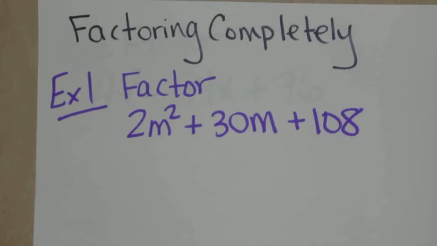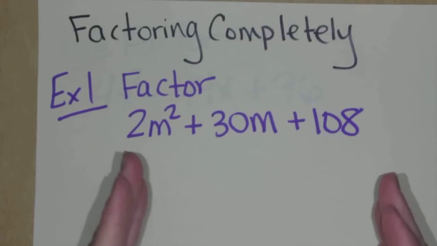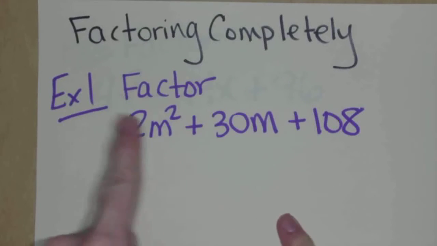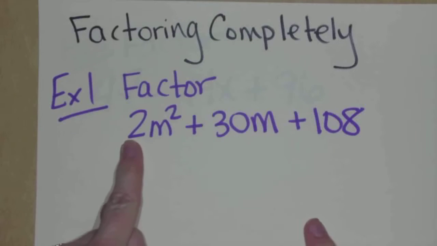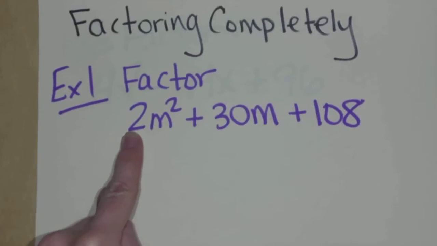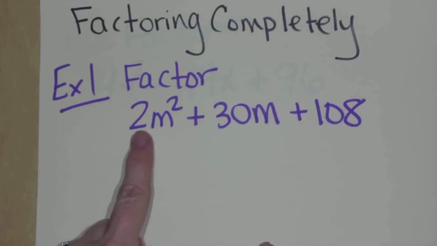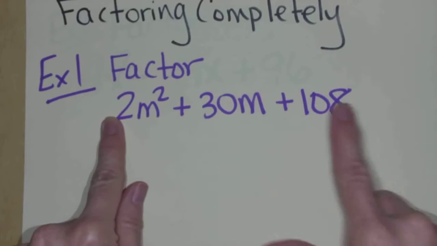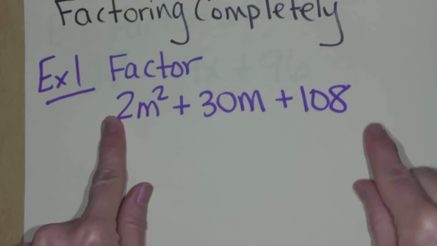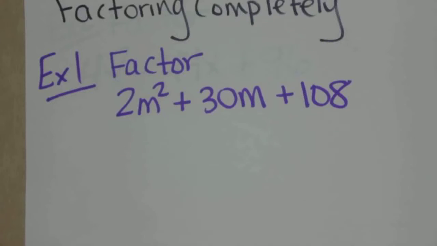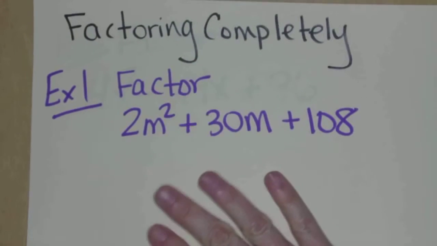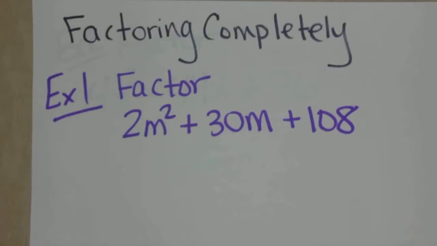So at first glance, this appears to be factoring a trinomial, 3 terms, where the leading coefficient, a, does not equal 1. And we've studied that already. And so we could go through this and multiply the 2 times the 108, put that here, then underneath it, put the 30. But those numbers are going to get pretty big when you take 2 times 108. So what I want to tell you is when you're factoring, anytime you see this word,